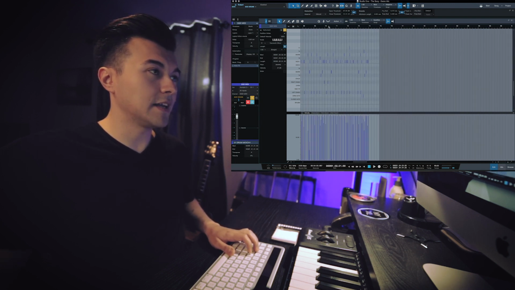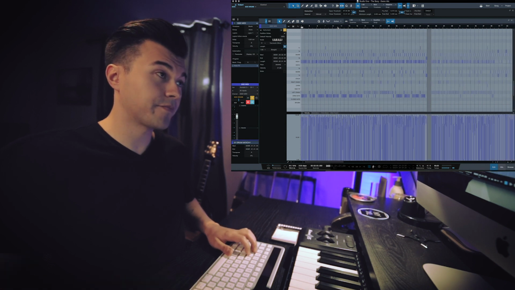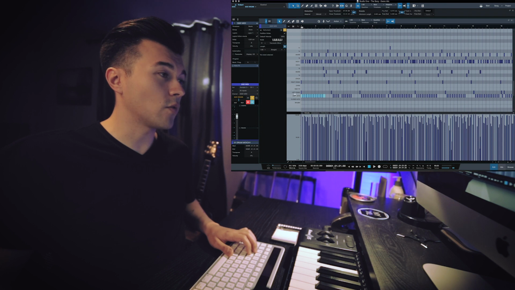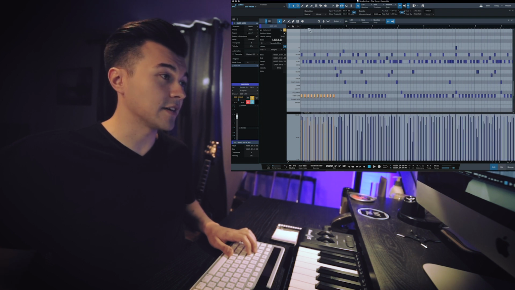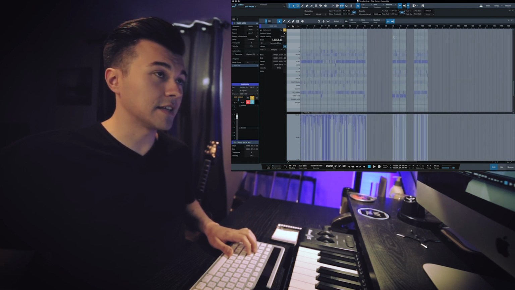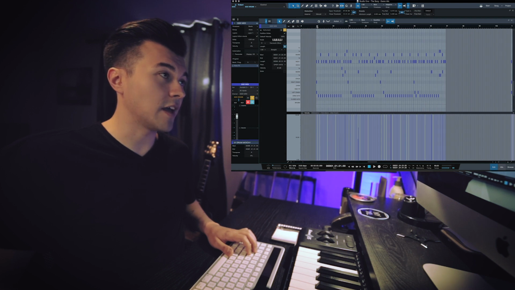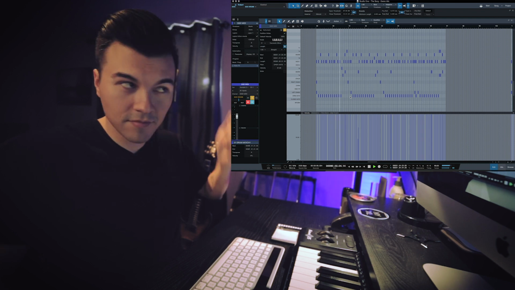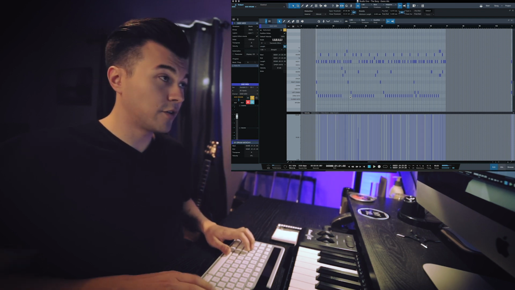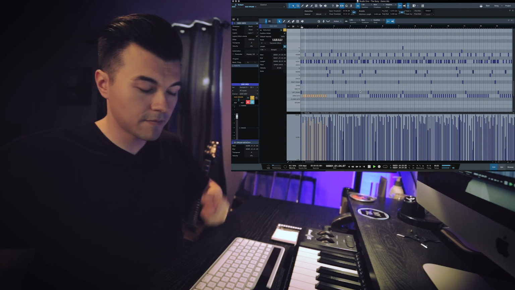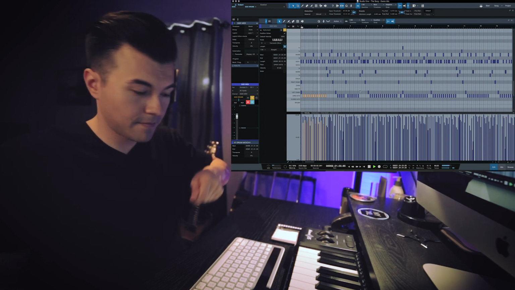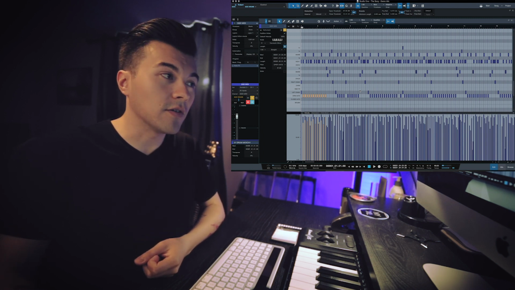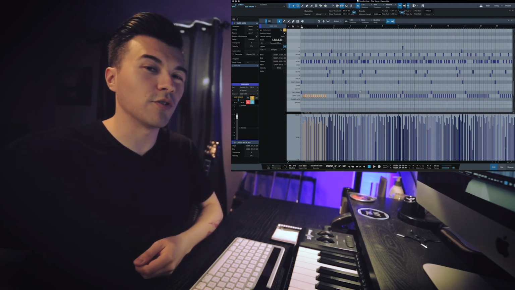So what I did in the beginning ones was I accented those, and I think one of the biggest things is these hi-hats here. So if you pay attention to the hi-hats in this one, they're slammed, compared to this one here. It just gives it a little bit more of a realistic feel, like the drummer is really grooving,